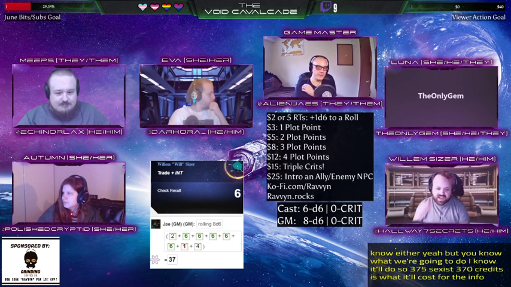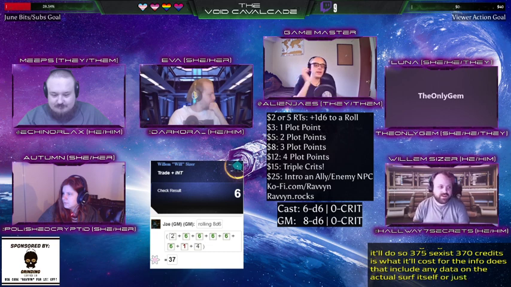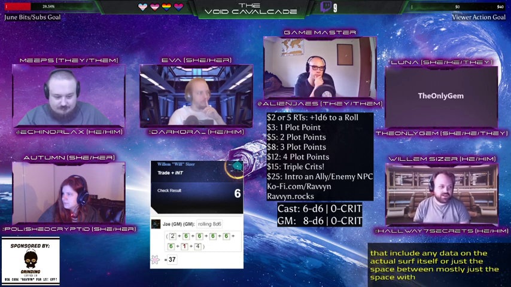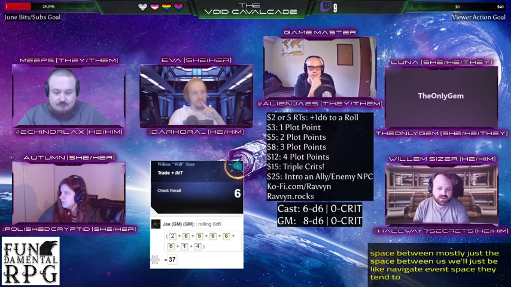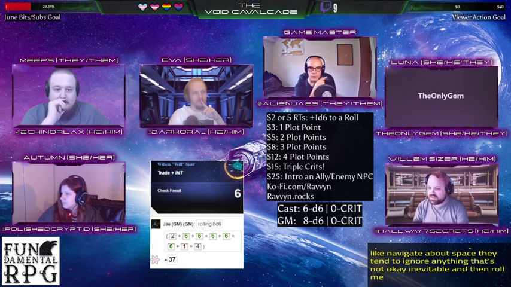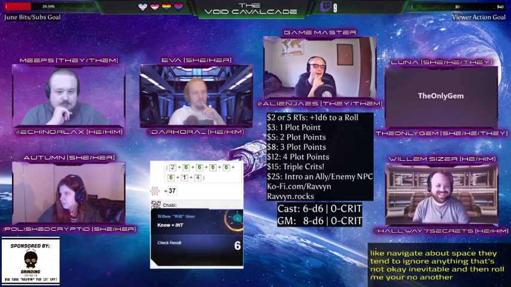Okay, and does that include any data on the actual surf itself, or just the space between? Mostly just the space between. Yeah, because most rudders will just be navigable space. They tend to ignore anything that's not. Sorry, navigable. And then roll me your no. Another 6. Yeah. So with another 6,